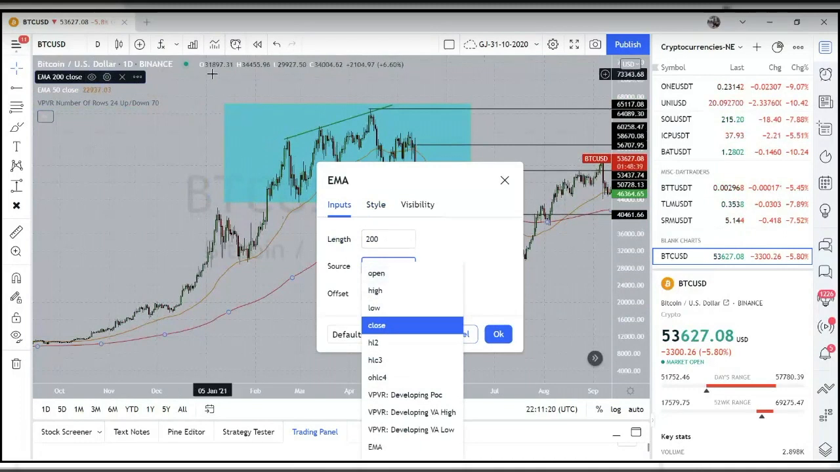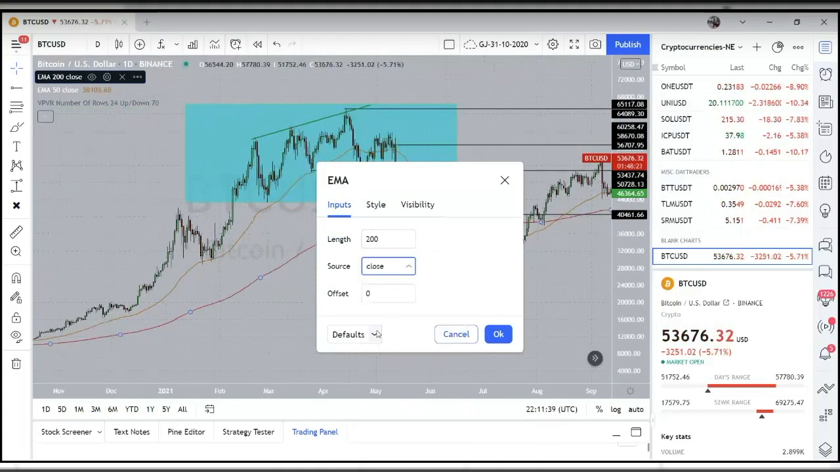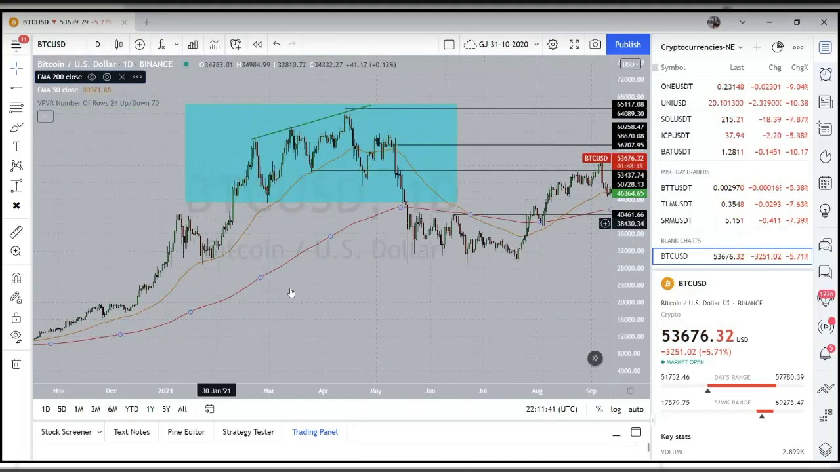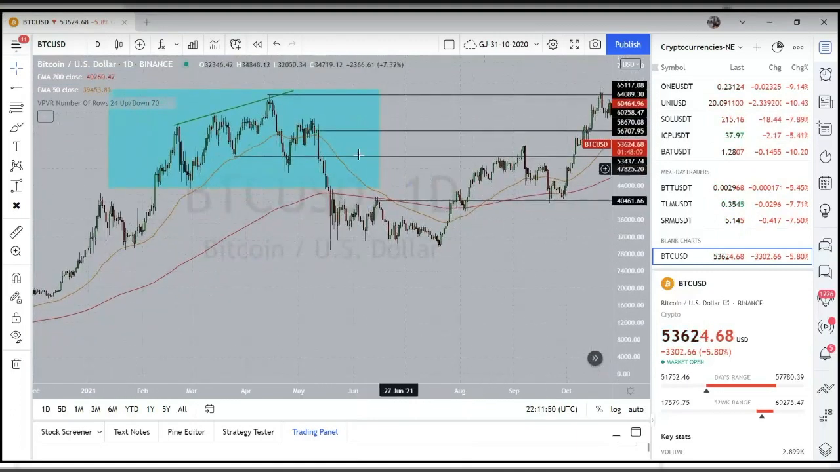Up here you can see you have OHLC, which means open, high, low, close. And what that means is each of these candles has an opening price where the price starts, a high, the high of the candle, a low, the low of the candle, and a close, the closing price. So what my EMAs do is they take the closing prices and average them out, weighting the more recent price action more than the